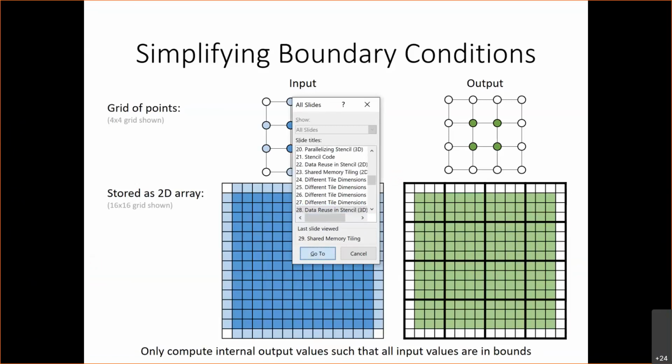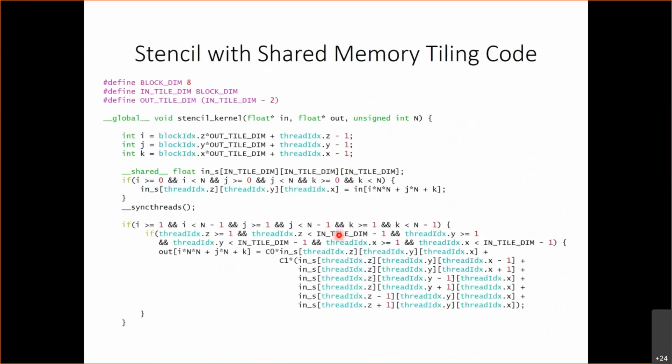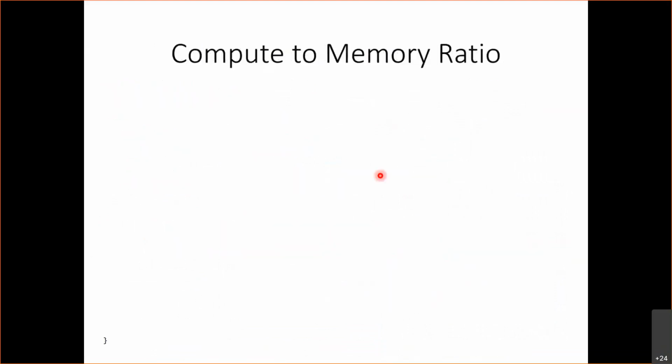So let me skip back. Okay, so this is shared memory. We use this, and then this over here is the code that we wrote together. But we noticed that we did not get any performance improvement. So what happened? Well, let's analyze the compute to memory ratio. In the original kernel, each thread